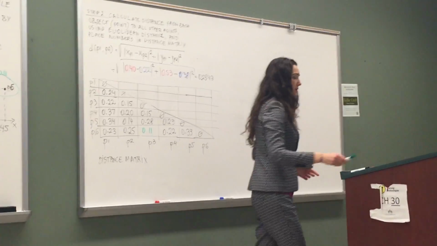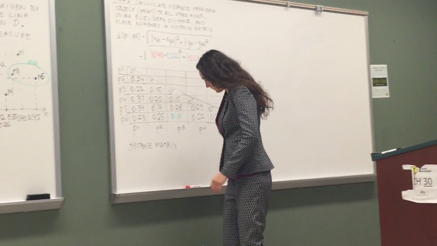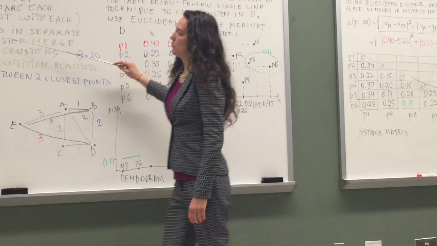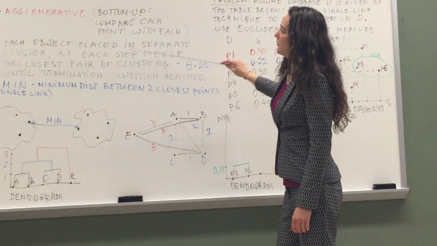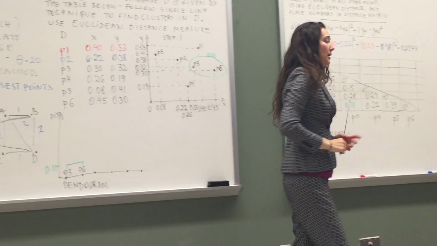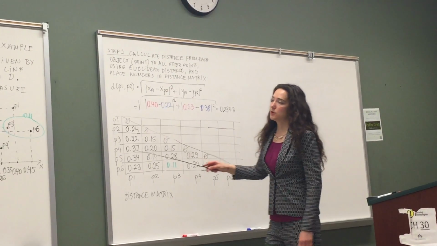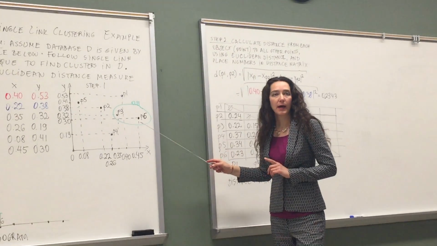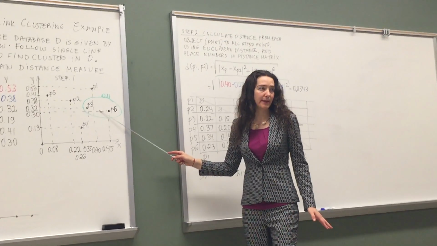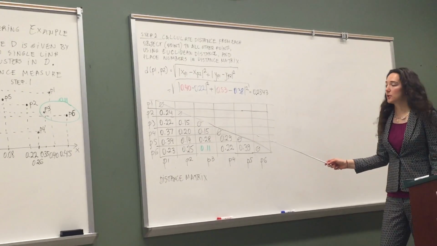Now, what we need to do next is, this is a recursive algorithm, so it's going to keep on repeating these steps until the termination condition is reached. So it's going to place each point in a separate cluster, then each step merge the closest pair of clusters. We have merged 2 clusters now, and these 2 points are considered as one object now. And we need to recompute the distances from the rest of the points to this new object that we created. So, as you remember in the PowerPoints earlier,